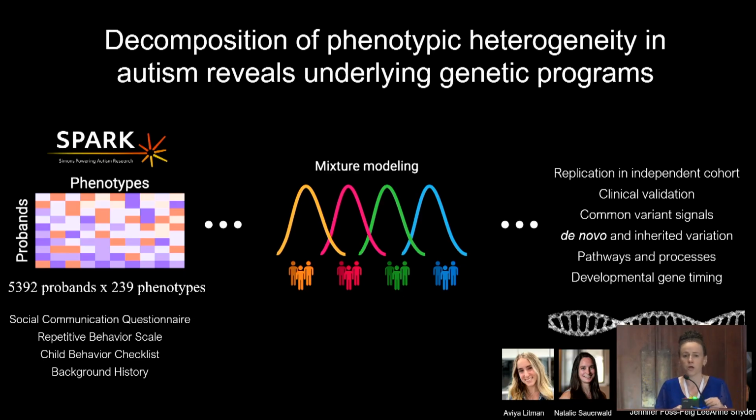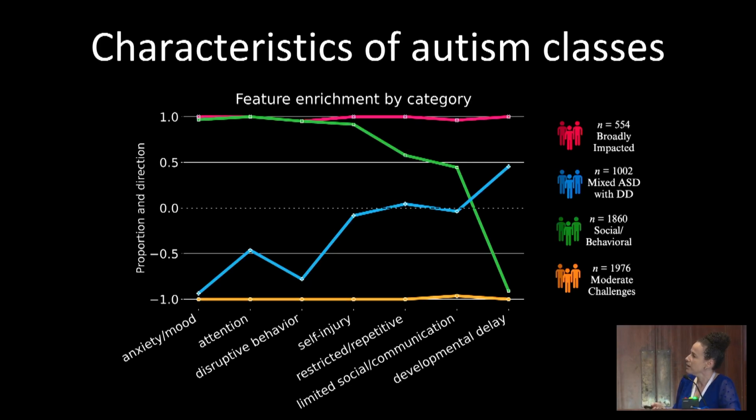This cohort SPARK is individual or parent reported. Simon Simplex is fully clinical. They're actually quite different cohorts, and the model replicates incredibly well. Whether you just take the model trained on SPARK and apply it there, or if you use the same process and train a new model in SSC and then correlate the classes. So here are the 4 classes that we found.